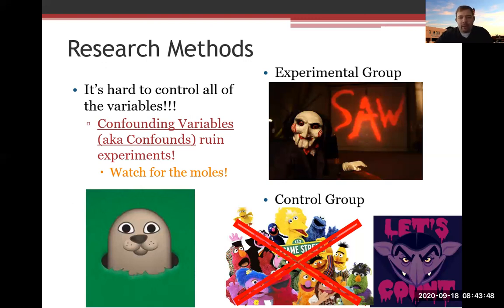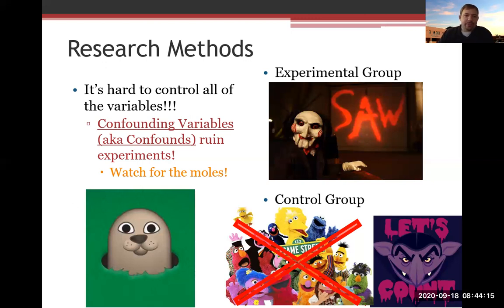As you know by now, confounding variables are any variable that can pop up and influence the dependent variable. If it's not the independent variable that you are intentionally manipulating and it influences the dependent variable, now you have a problem because you don't know which one is actually causing that change. And therefore, if you don't know which one is causing the change, we don't know what that experiment is really